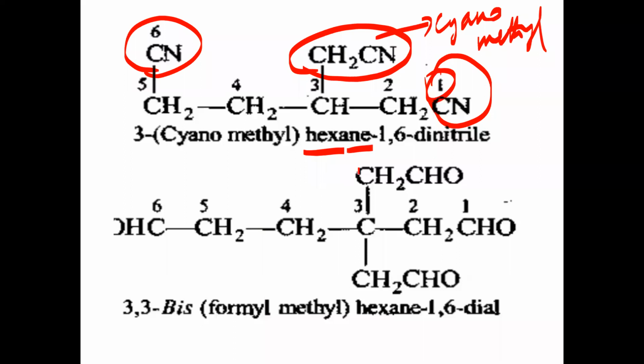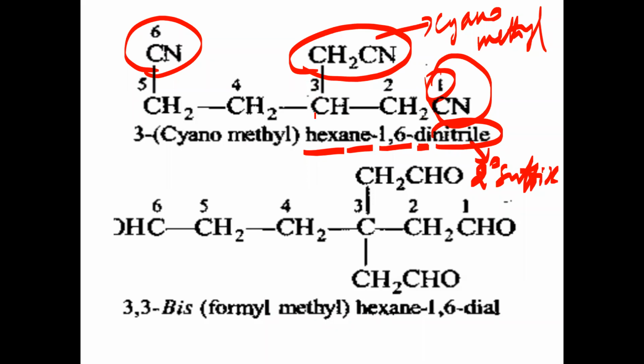Single bond means ane, hexane. And at the first carbon a nitrile is there, at the sixth carbon a nitrile is there. So 1,6-dinitrile. This nitrile is a secondary suffix here. So what is your name? In hexane 1,6-dinitrile,